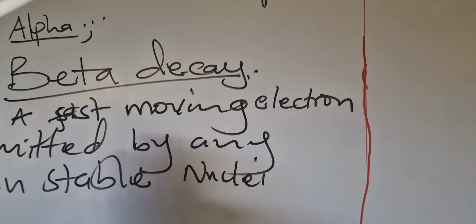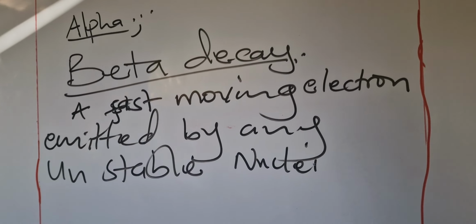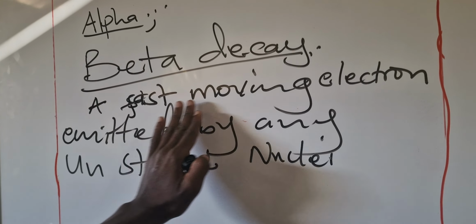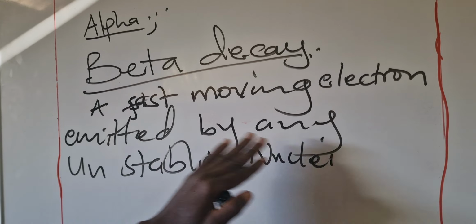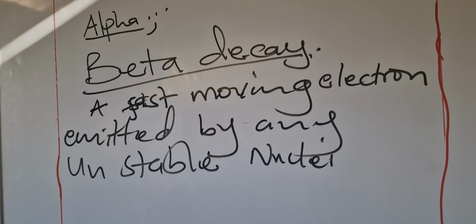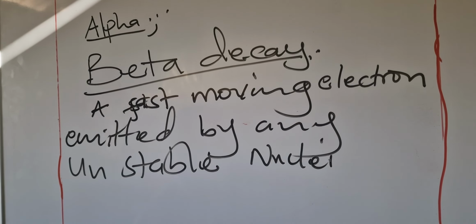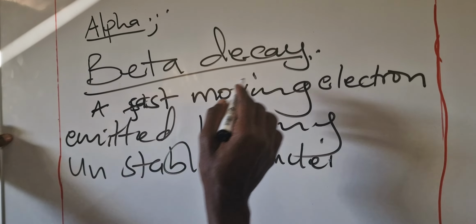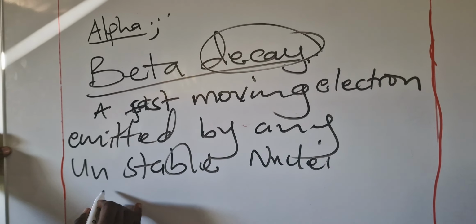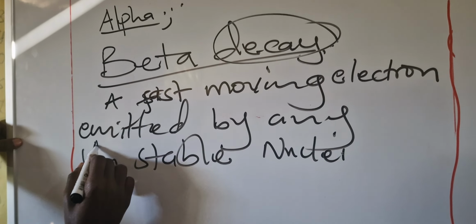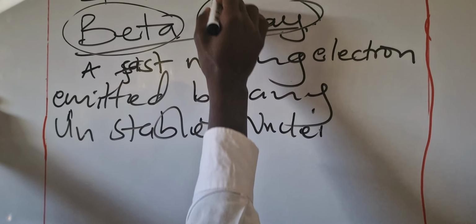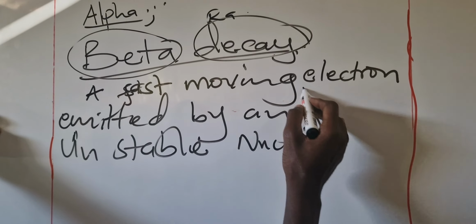So for any radioactive element to decay by emission of beta radiations, it will always emit an electron or a number of electrons so that it can become stable. And when we talk of beta decay, we shall always mean that that element or that nucleus that is emitting a beta radiation or an electron,